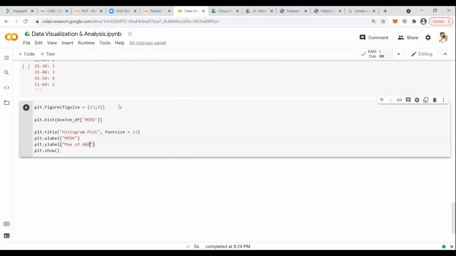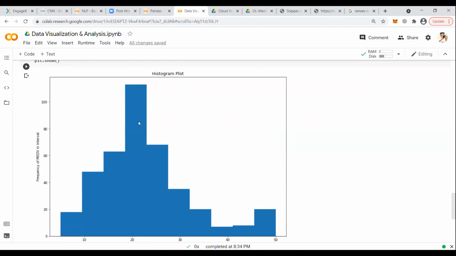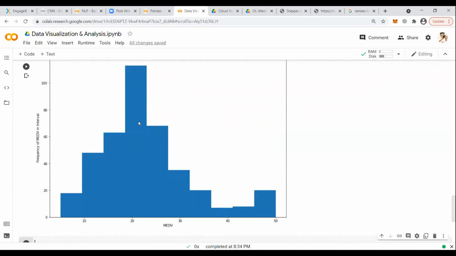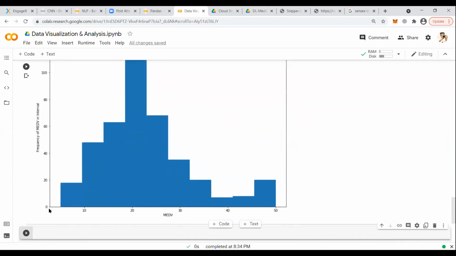Y label is frequency of medv in an interval. In the particular interval, that's how it is. Let's display it. Frequency of medv, and medv is your range. This is how your values will be.